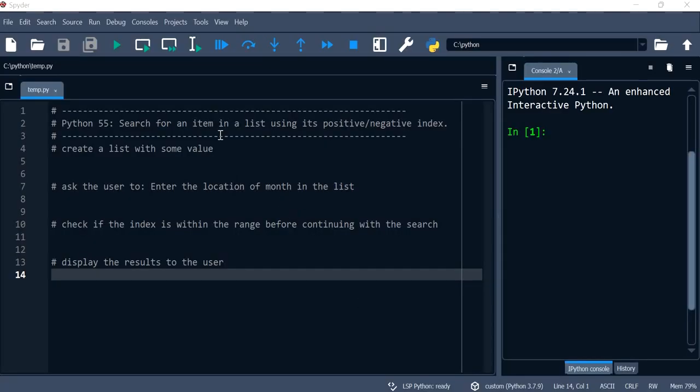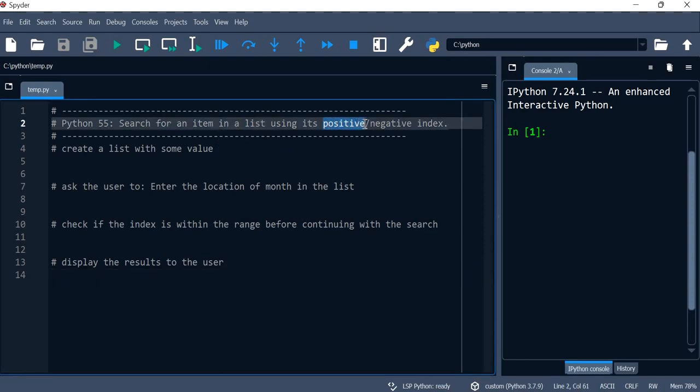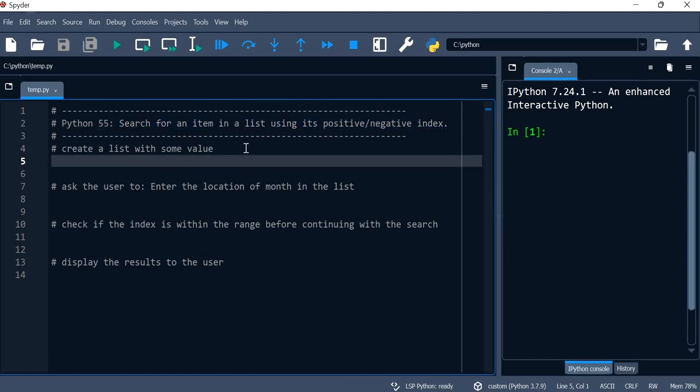Hello everyone. In addition to accessing a list using its positive index, in Python we can also use its negative index. In this video we'll be speaking about how to search for an item in a list using its positive or negative index. So we'll start off by creating a list. I'm going to call my list months and I'm going to give it initial values of